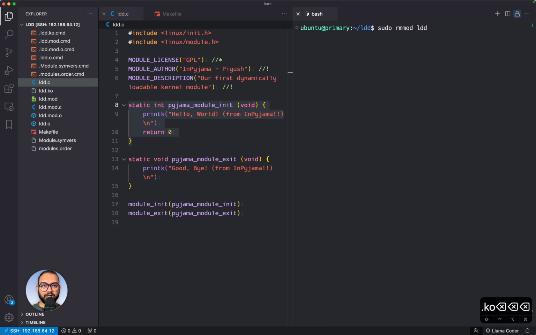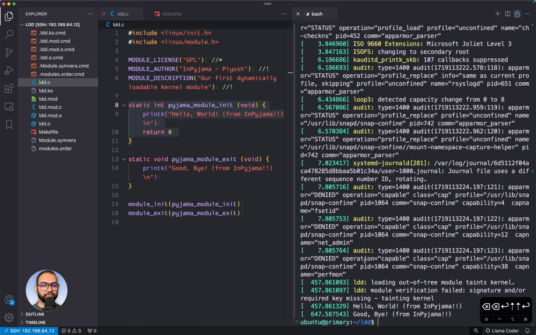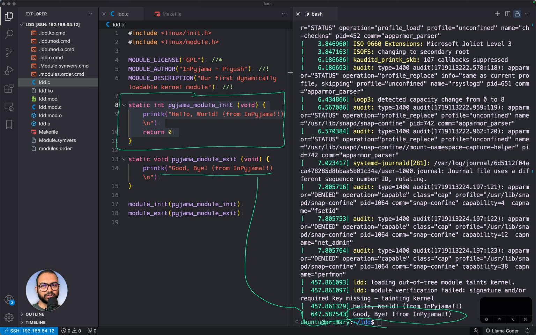All right, so sudo rmmod LDD, and now we go ahead and print the dmesg messages again. And now, if you see, this message is what we have printed, right? What the kernel has printed. Somewhere it should ring a bell that whenever we insert this kernel module into the kernel, this function was called, and whenever we remove the module, this function was called. And this relates to the idea of constructor and destructor,